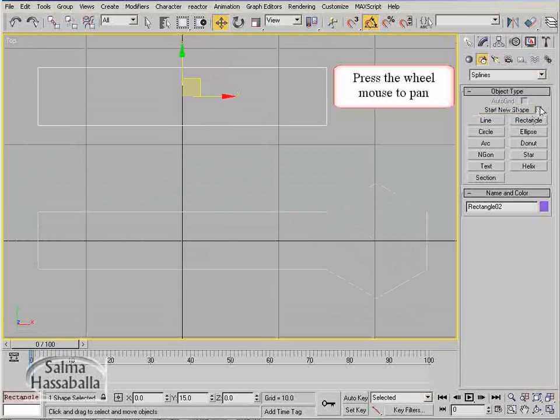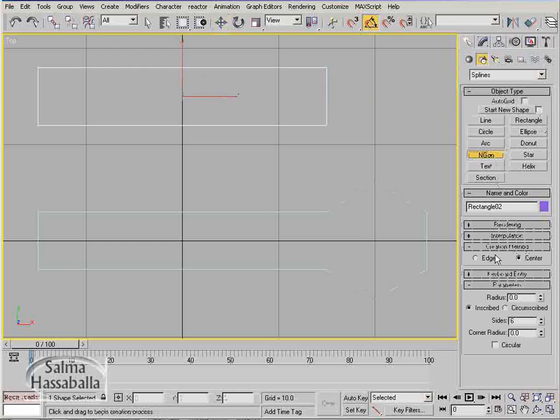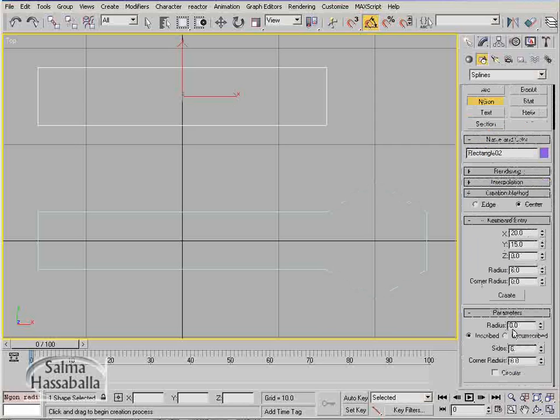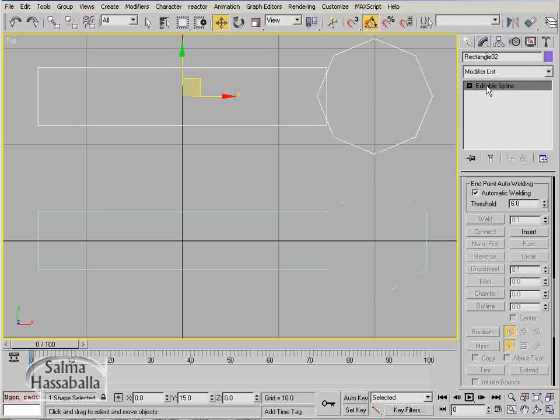Uncheck the Start New Shape. Click the Angle button. Expand the keyboard entry. In the X value, type 20. Y, type 15. Radius, type 6. And then since we want to create an octagon, type in the number of sides, type 8, and then click the Create button. Go to the Modify panel, expand the editable spline, go to the spline level,